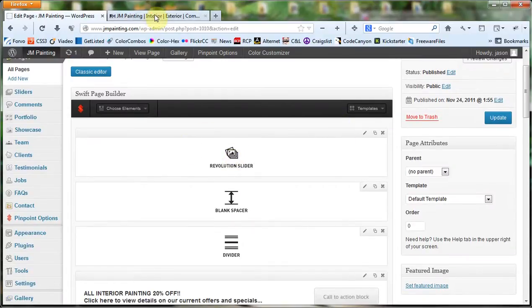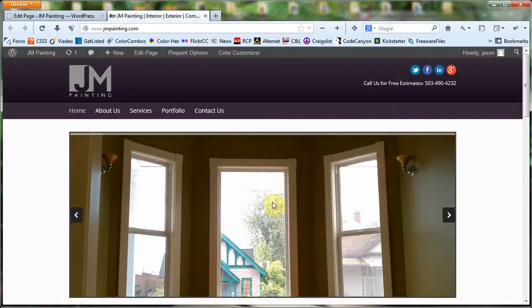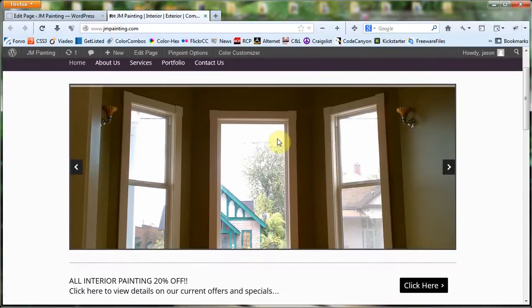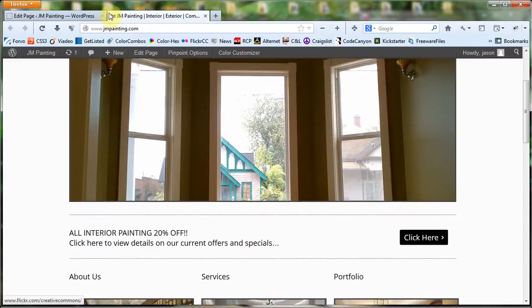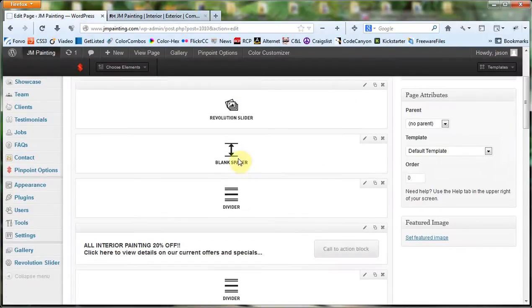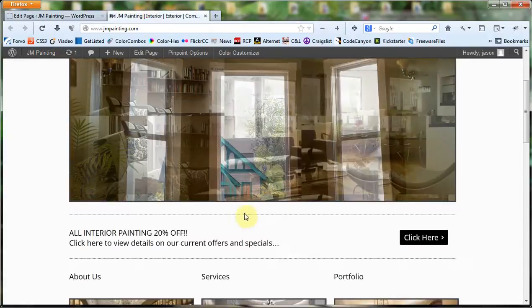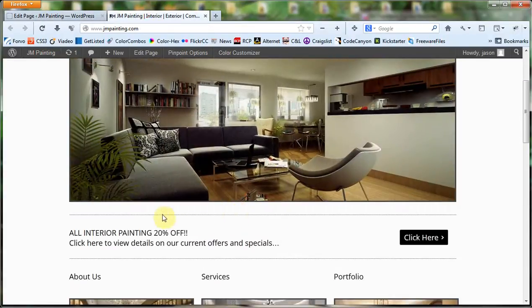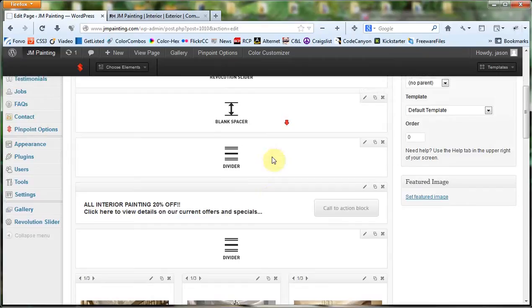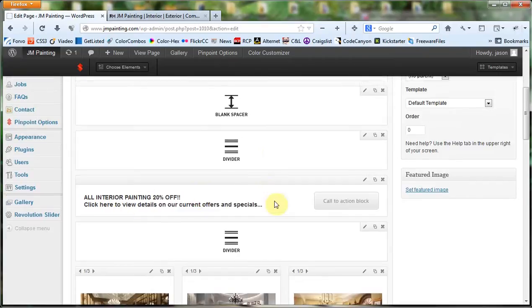Okay, so as I come in here, I see the Revolution slider. That's my first thing. Now my next thing is this item right here. But you'll see that's not my next thing. There's actually a blank spacer and a divider between the two. That's putting in this space here and this line right here before I'm actually getting to this content right here, which is all interior painting 20% off, and it's called a call